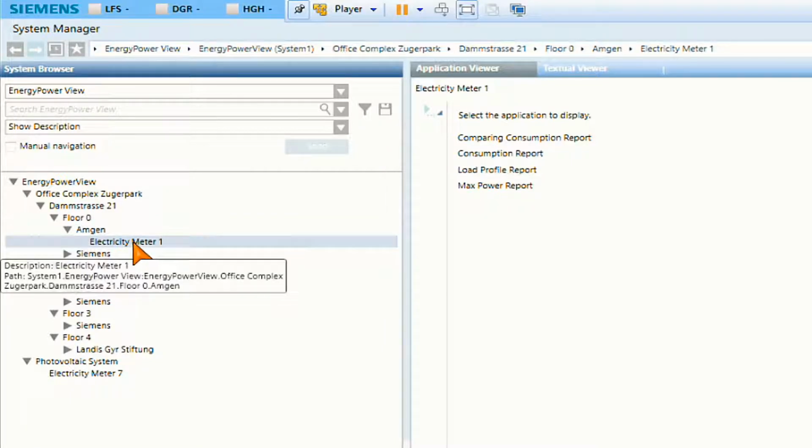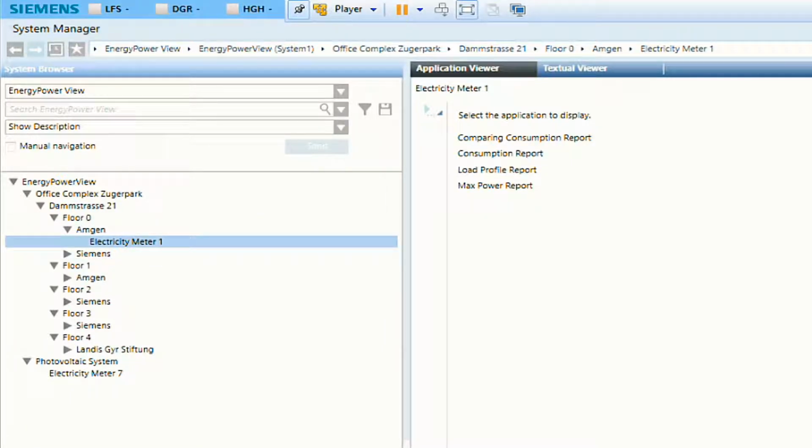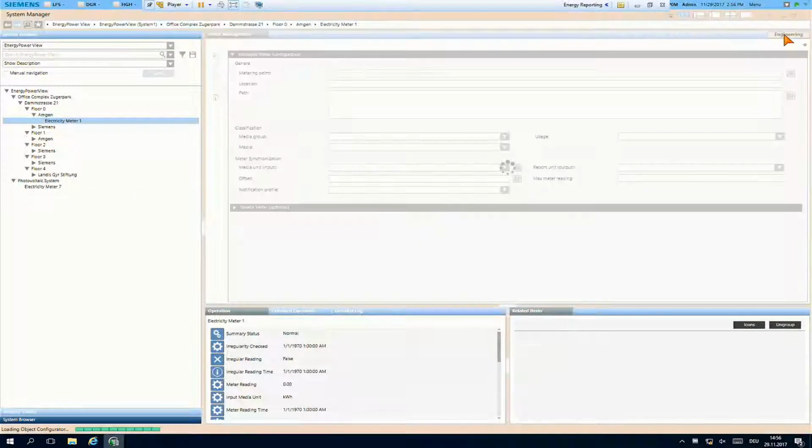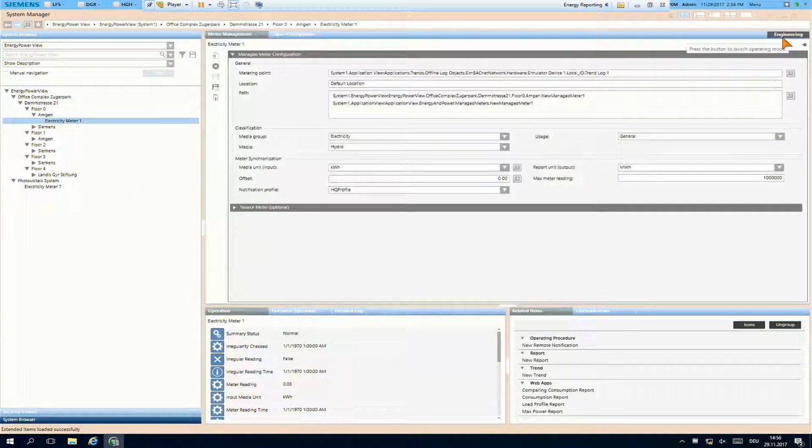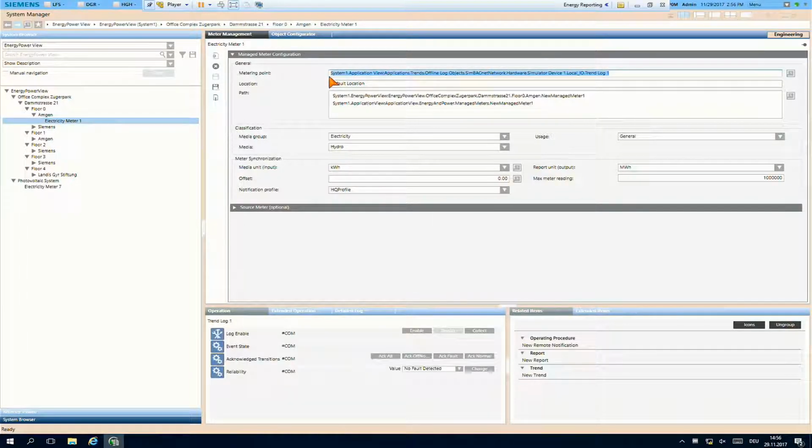And in the managed meters, when I switch to engineering mode, we see here a tab Managed Meter. We have a metering point, and the metering point measures energy consumption. So it's constantly increasing, and the load profile report and the max power report are created based on the energy values, and we resolve the